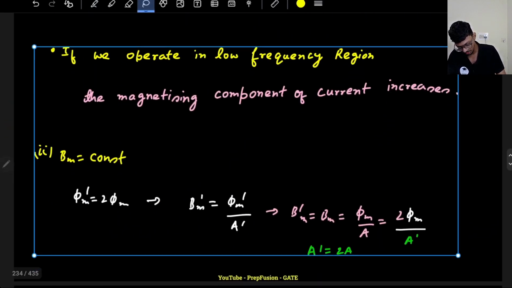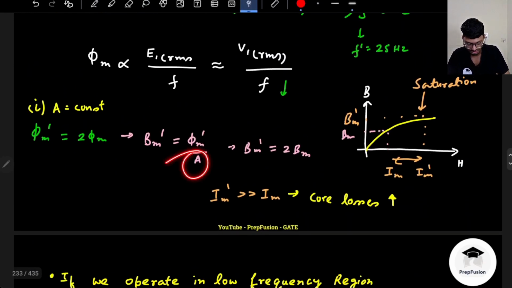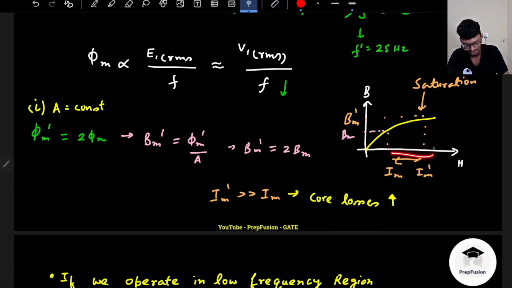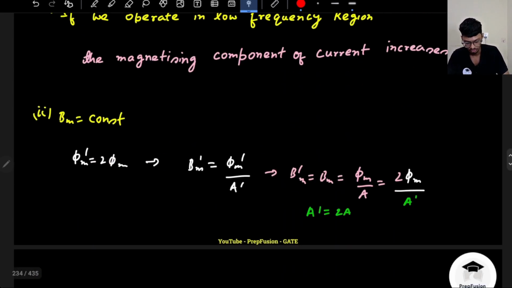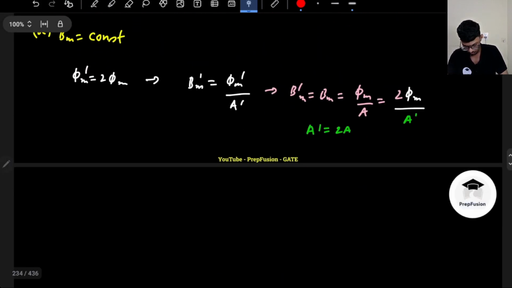that either you keep the area of the cross section the same, then your core losses will increase, your magnetizing current will increase. But if you want to keep the same magnetizing current, that is you don't want to change this Bm dash, then you have to change the area of the core. So if we change the area of the core, that means in the case 2,